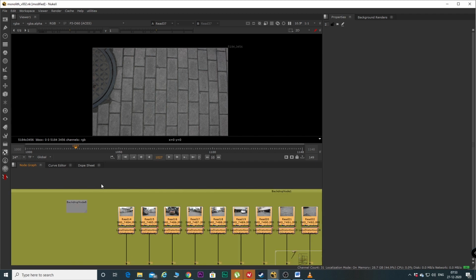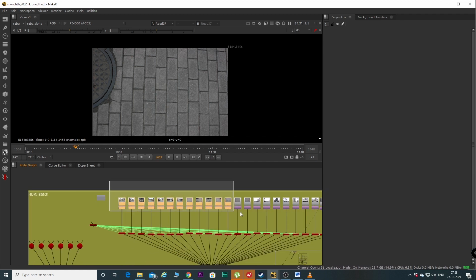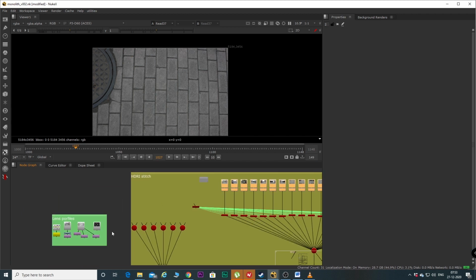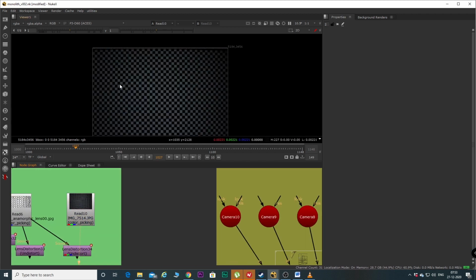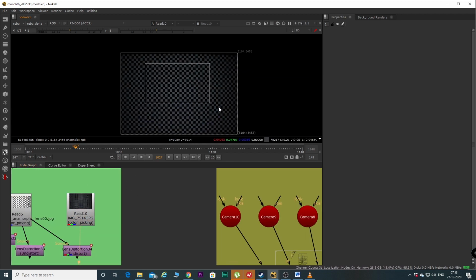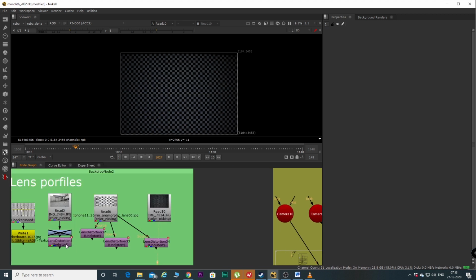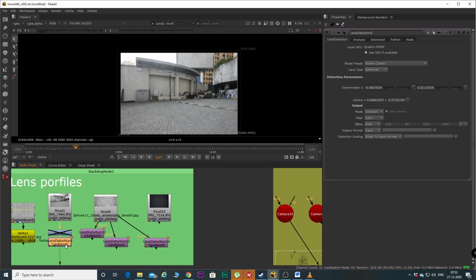Now, since we are using another camera, which is kind of a reference camera, what we should do is we should shoot a lens profile for that also. Also, I've done the same thing. I've shot this checkerboard using my Canon 550D, and this is the distortion that I get